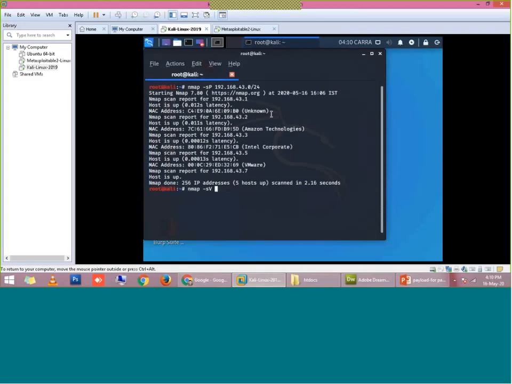So in this case, because it is intended for a particular machine, I have to write the IP address of that machine only, 192.168.43.5, right? So it will be scanning my Metasploitable.